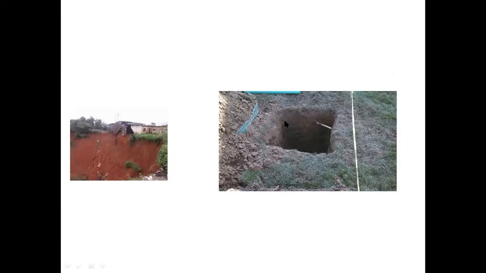How many layers are there? We can see here one layer, and here some color difference. You can see some color difference here also. Going down and down, we can see different layers. So we should use a tape. All those are elementary, up to your level. It's a very small thing. We should use a tape, take a khurpi, take 1:1 HCl, and wear gloves. All these are very elementary things for you.